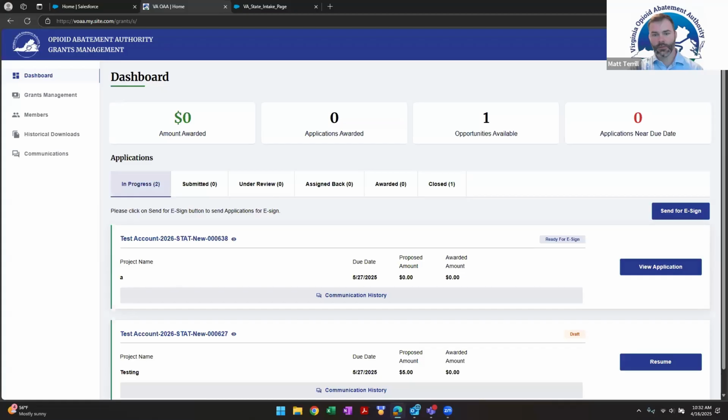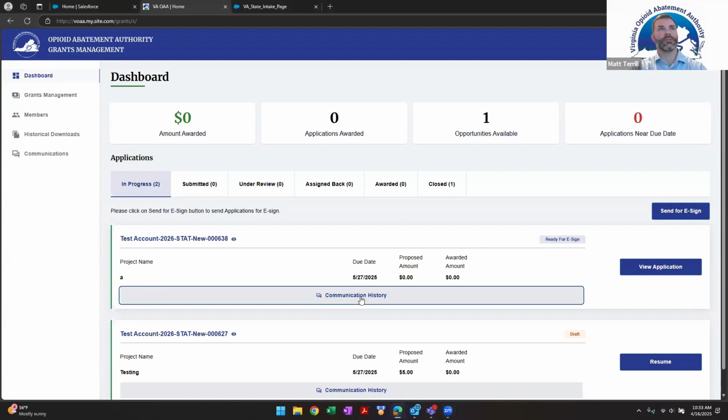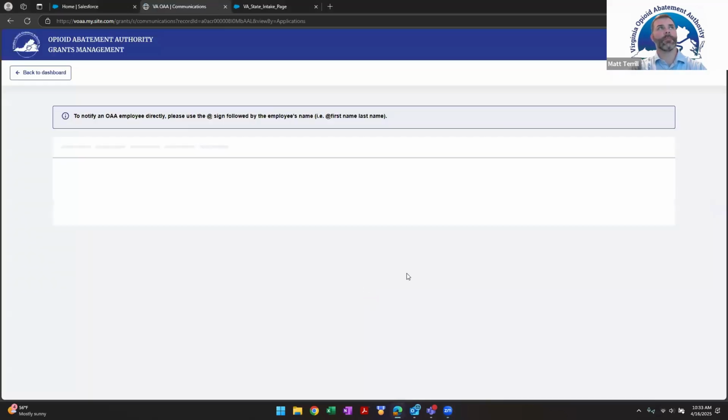Quickest way to do that is, like if you see here, this one, I'm not sharing, hang on one second. So yeah, once it's in this ready for e-sign, to move it back into draft, you'll need to let us know. Best way to do it is to just click on this communication history for that particular application.